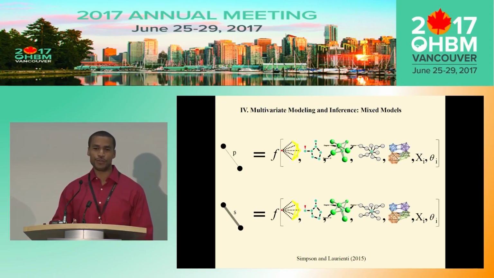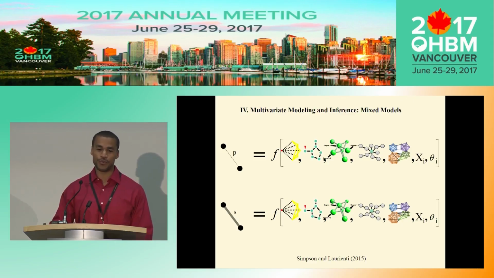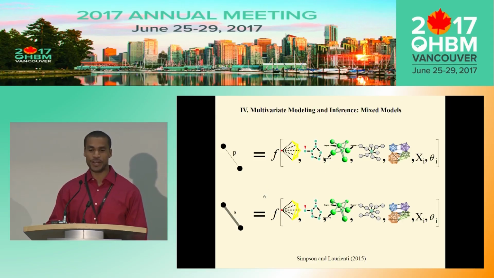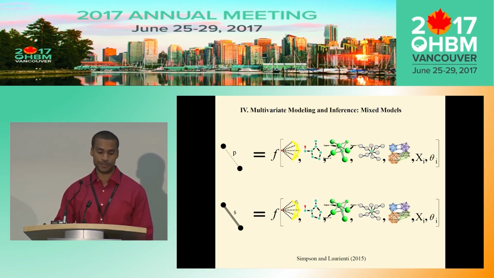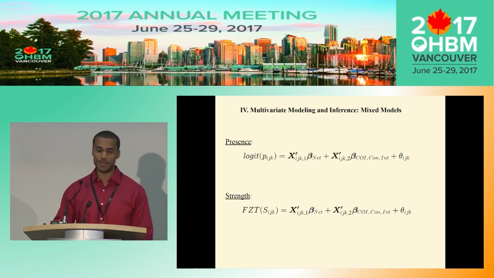So the two-part mixed modeling approach provides a complementary approach to address some of these limitations of the ERGM models. In this approach, we're basically modeling the probability of a connection as a function of network metrics and covariates, and the strength of a connection, if it exists, as a function of network metrics and covariates. Just briefly in statistical notation, we're using a logistic mixed model to model the probability of a connection as a function of network metrics, some covariate of interest, confounding variables, and interactions.